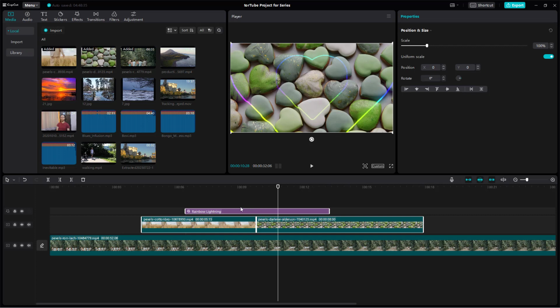So that is how you can create and then release compound clip inside of CapCut desktop editor. So hope you guys learned something